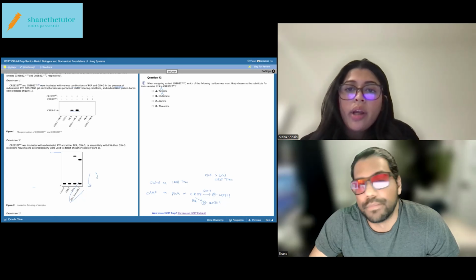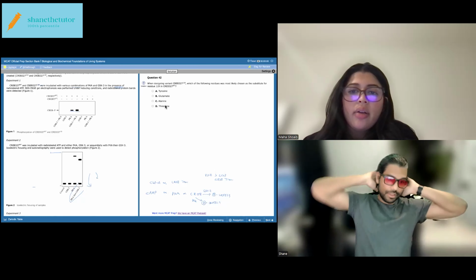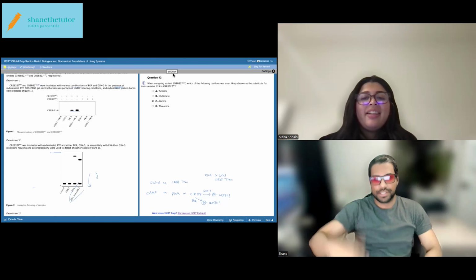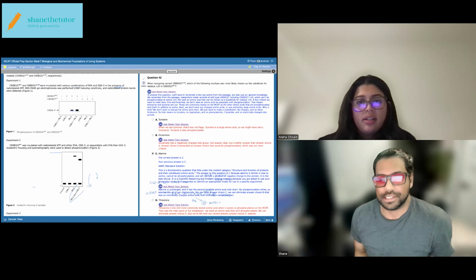So when designing variants, a lot of times when they do this, for instance,